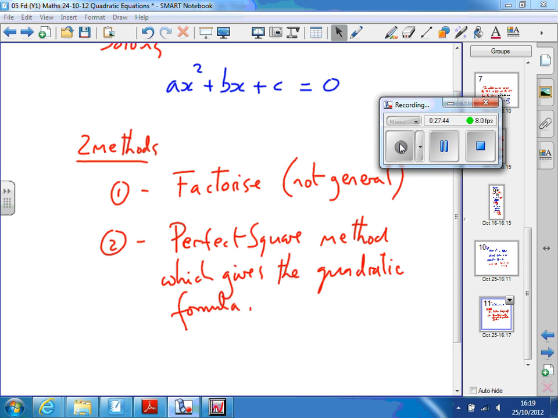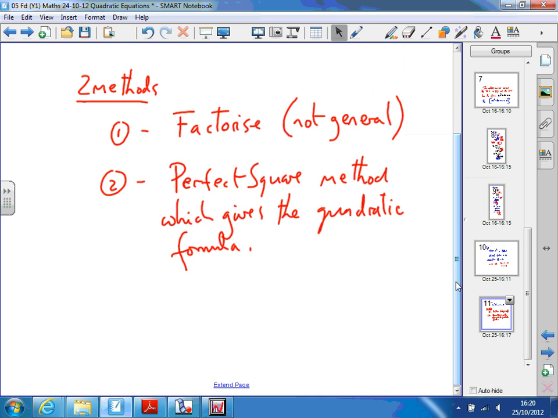I'd like to spend some time looking at the perfect square method because it's a really nice way to solve a quadratic equation, but time means that I don't think I'm going to at this stage. I probably will do it next year maybe, but possibly not this year. We'll see how we go with time. In the textbook, the perfect square method is outlined, and it shows you how it leads to this quadratic formula. What I want to do at this point, though, is just give you the quadratic formula, which I'm hoping most of you are going to half recognize anyway,